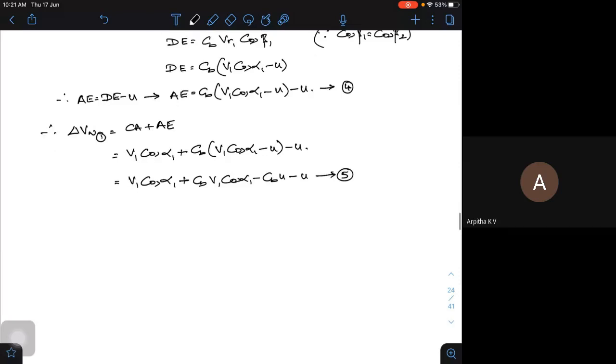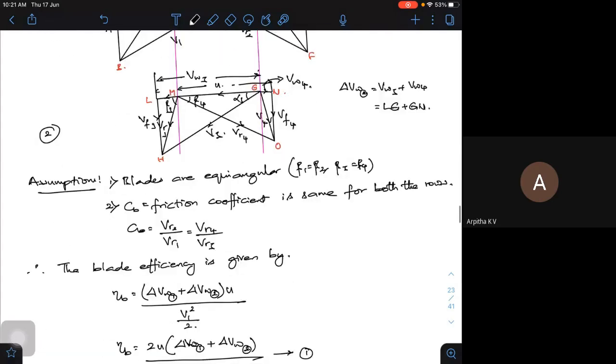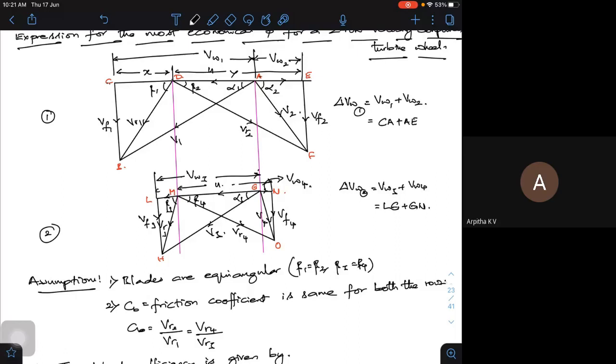Now one more thing here, for a shockless entry with friction, that is for the second row, from first row to second row here, see, your V2 will be equal to your friction coefficient and V3, or CB will be equal to, that means whatever the particular thing, there is only friction, I don't have any shocks. Okay, for this condition, your CB will be equal to V3 by V2.